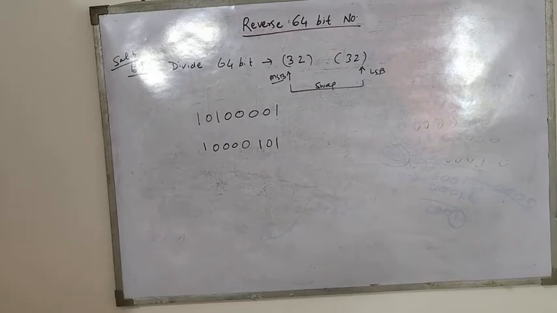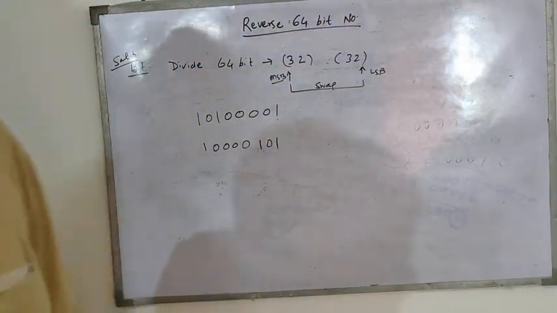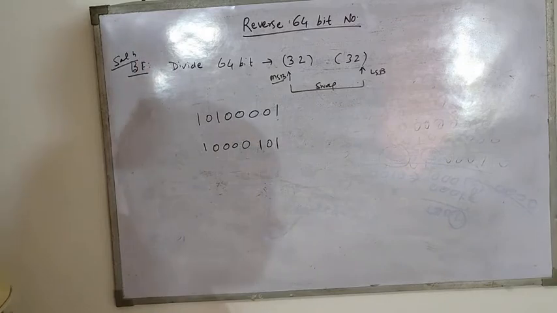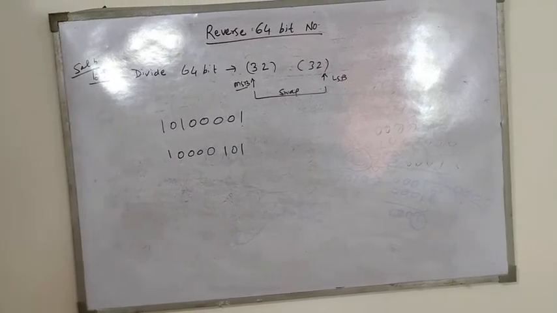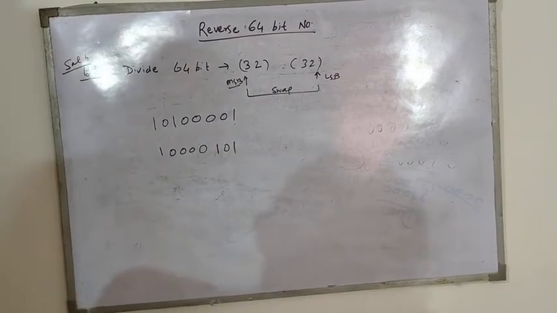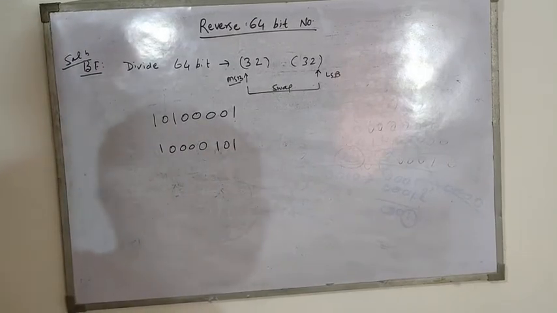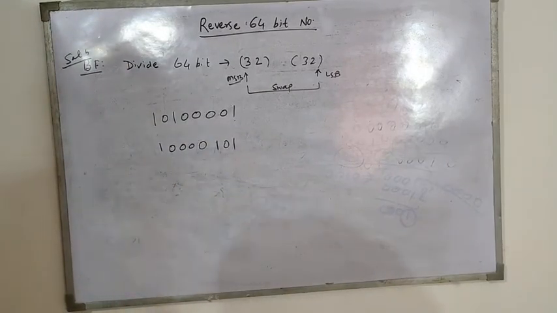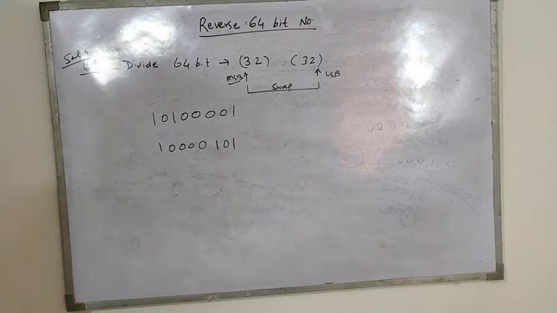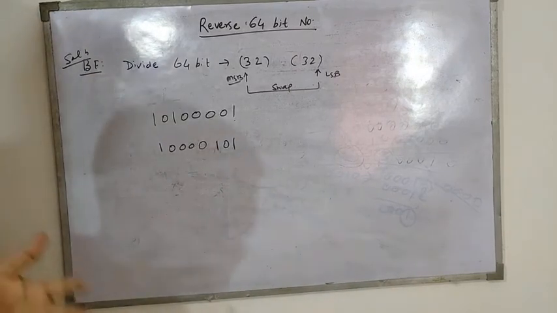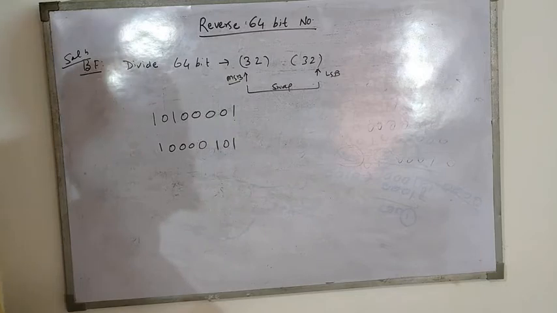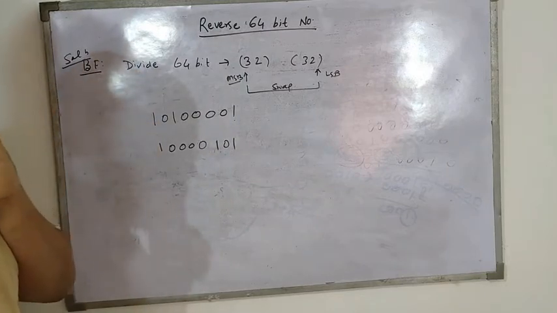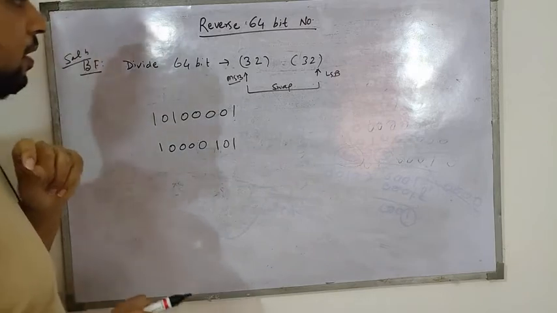I have started training videos for interview questions which will help you to crack the interviews of organizations like Microsoft, Adobe, Amazon and all. Here I am taking an example of reversing the bits of a 64-bit number. In my previous example I explained a mechanism using two kinds of mask for reversing the bits. So let's say I use that particular algorithm for reversing the 64-bit number.